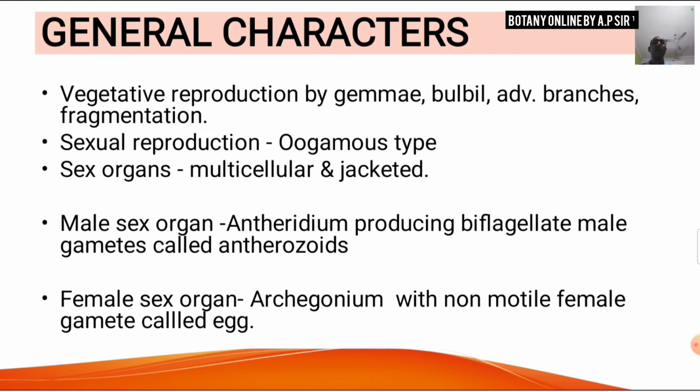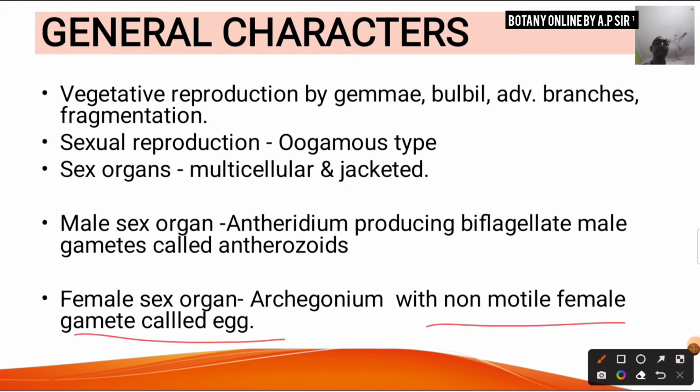Got it? So, the male sex organ, that is antheridium, produces biflagellate male gametes, which are called antherozoids. And in case of the female sex organ, that is called archegonium, it has a non-motile female gamete called egg. Okay. Now,